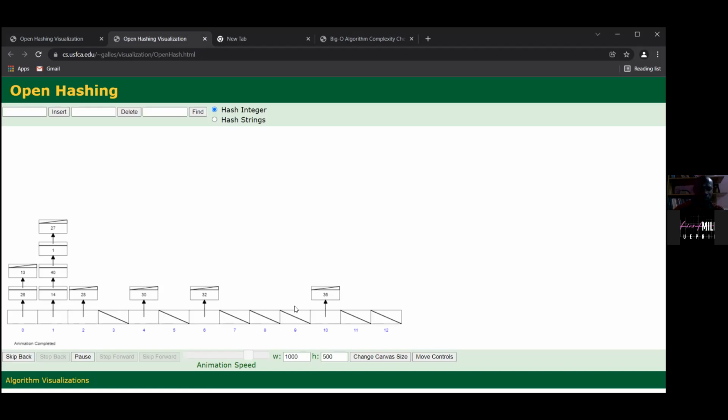Now compare this 3. Let's take 0, 1, 2. Compare the 3 of them. Which one is using more memory space than the other? 1. Okay, that's exactly how you calculate the space complexity. Space complexity simply means how much memory this operation is using. So for example, when we want to find 27,